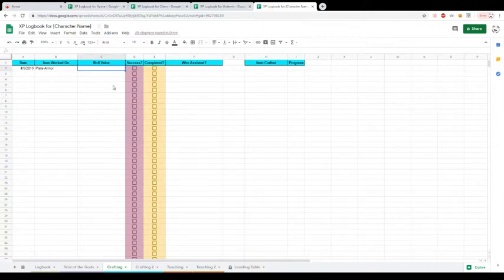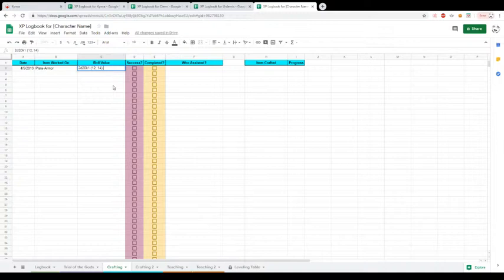When you roll in the shop out of character chat, which is the only chat that a crafting roll will be accepted. If you do it anywhere else, it will not count. After you roll the crafting roll in the shop out of character text channel on the server, then you will copy the roll and paste it here. Usually you will have assistance, so it will look something like this